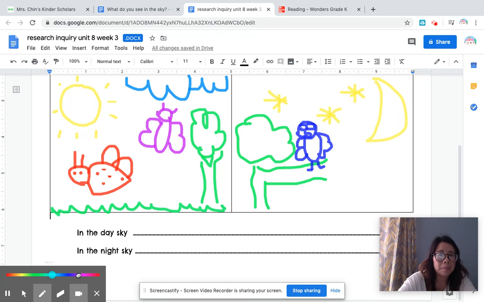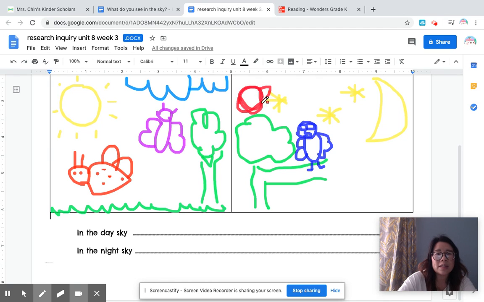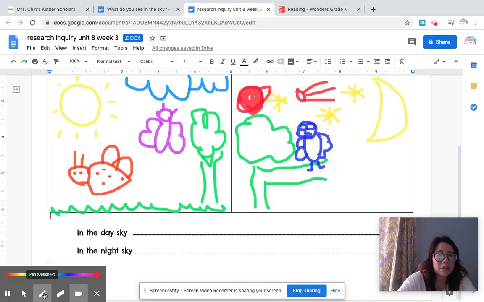Maybe I will draw some planets that we could see in the sky. So here's Jupiter that I'm trying to draw. Oh, not Jupiter, Saturn. So I'm drawing Saturn here with the rings. Okay. Maybe something else I might draw is like a comet. Have you guys heard of a comet before? Okay. Or like if it was the 4th of July, I might see a lot of fireworks.